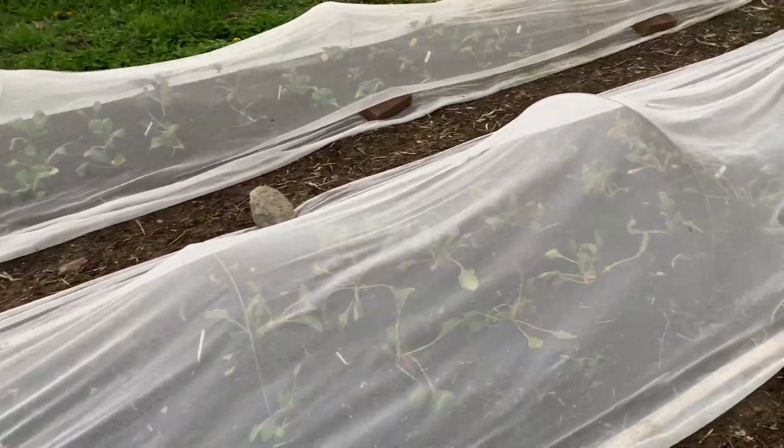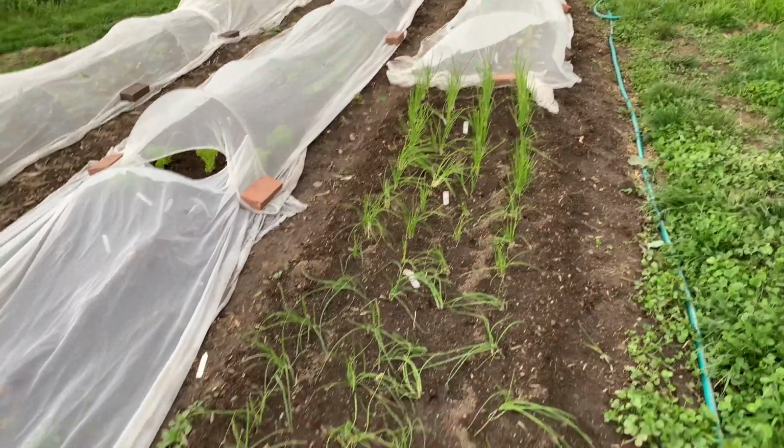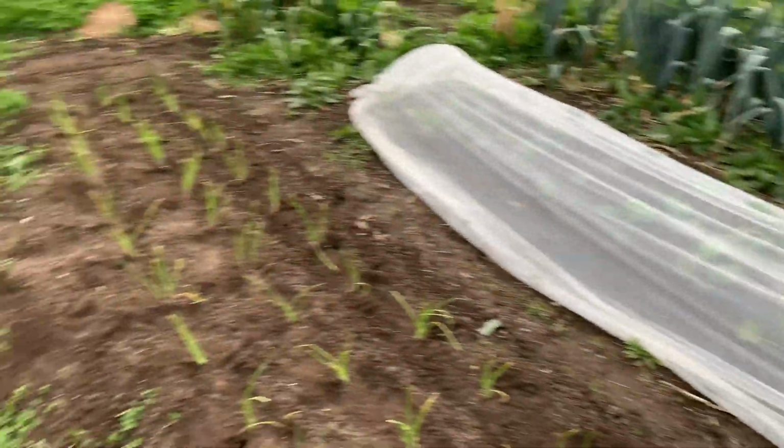You can see the beets underneath the netting are planted that way, as well as a number of these other scallion allium crops. So I just wanted to show you a little planting technique while I was out here, and we'll